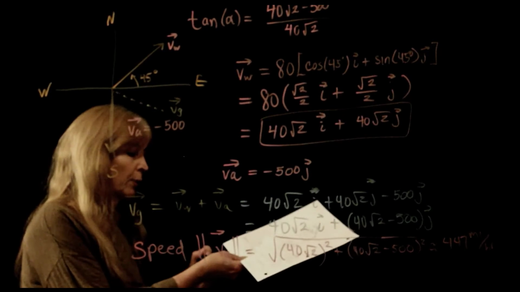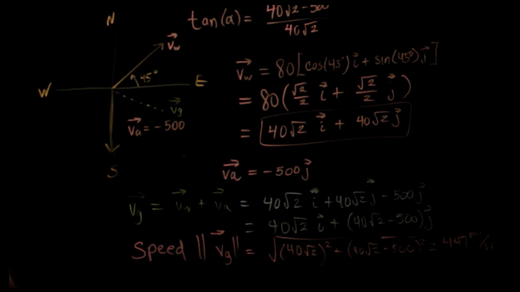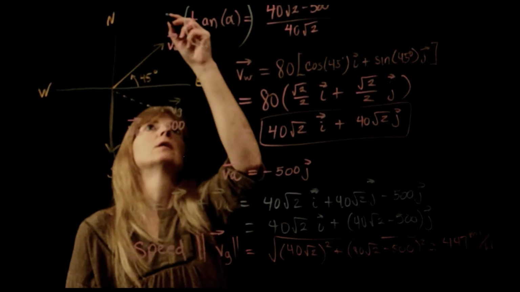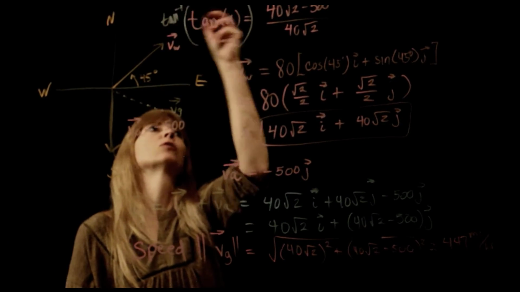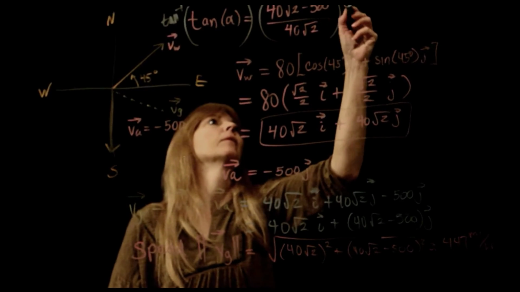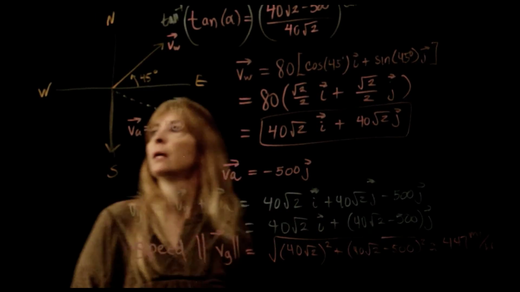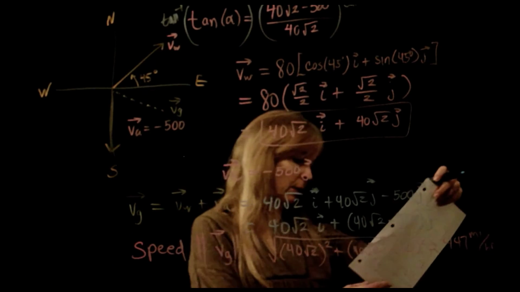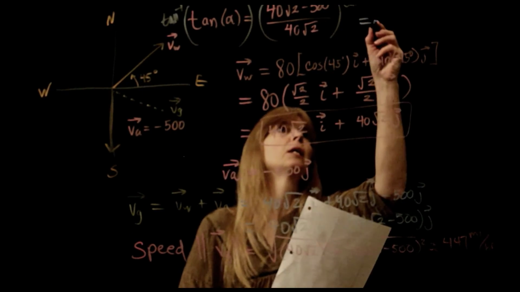And please don't forget when you solve this, two things. One, to solve it for alpha, you need to do tangent inverse of both sides. And then also be sure you're in degree mode, and you should get negative